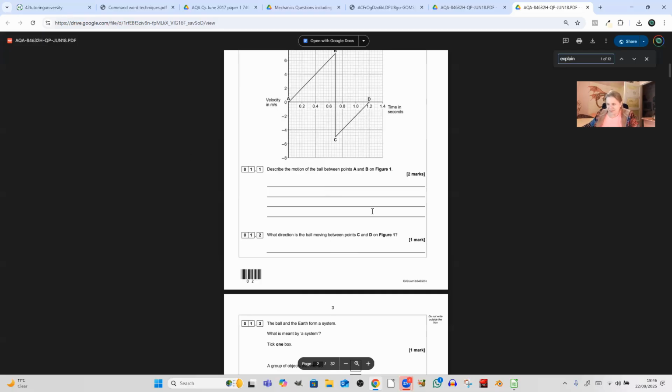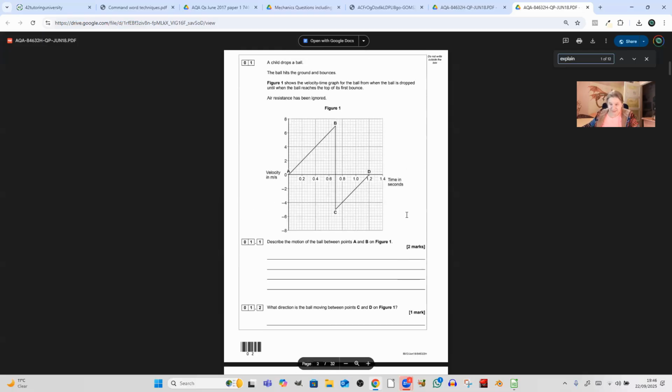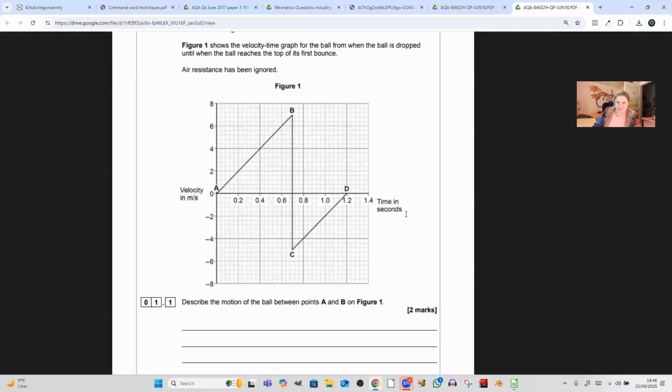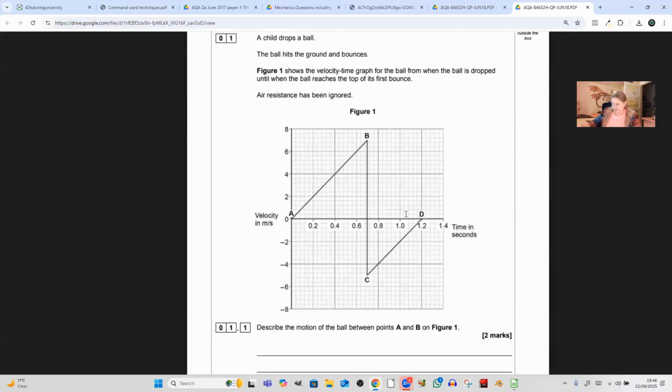In fact, should we do this one? This is a 4-mark explain. I'm going to do this one because we've not got enough time really. So this is the figure that we've got to do, and all I'm going to do is